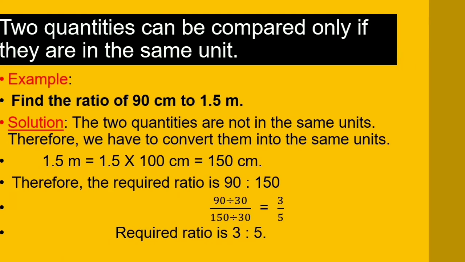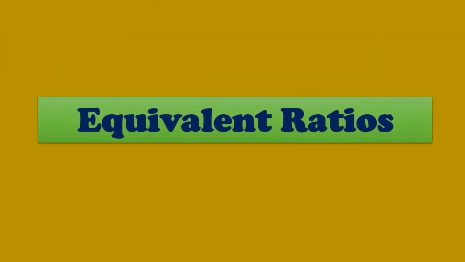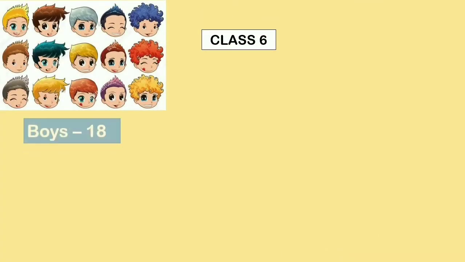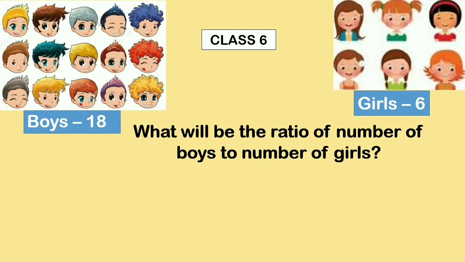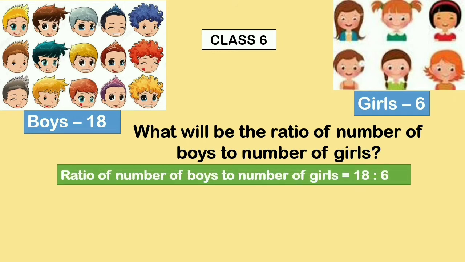Equivalent ratios. In class 6, number of boys is 18 and number of girls is 6. What will be the ratio of number of boys to number of girls? Ratio of number of boys to number of girls equals to